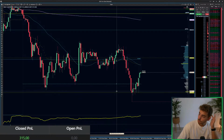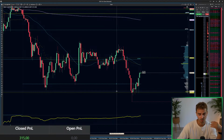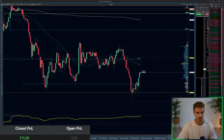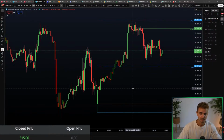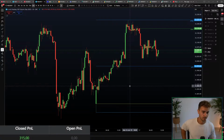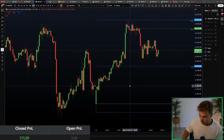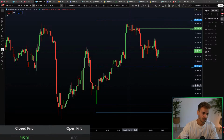So I do have a gut feeling that price is going to make a new high. So I think that ES and NQ are going to take the previous day high. I can actually explain to you if we go over to TradingView here, and something I like to do, which can be interesting for everyone. When we have these contract rollovers, I was just talking about this in the stream, but I like to be a little bit